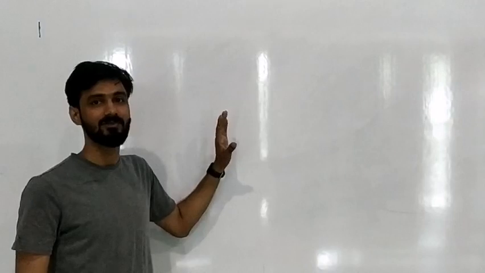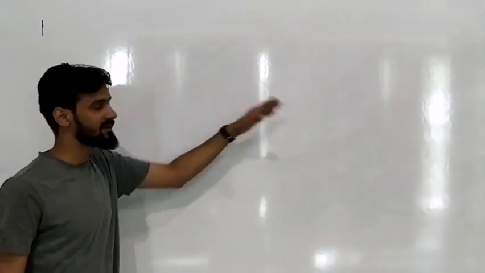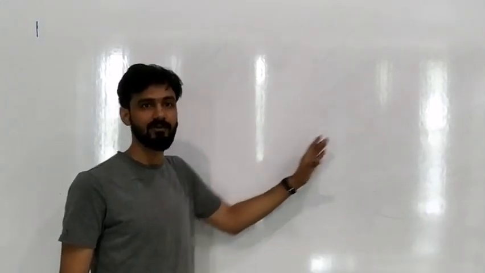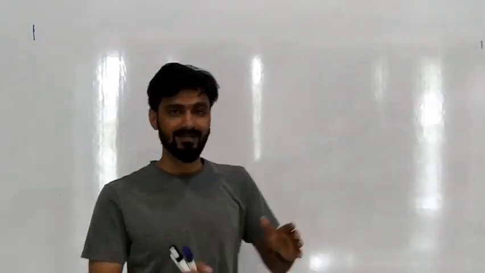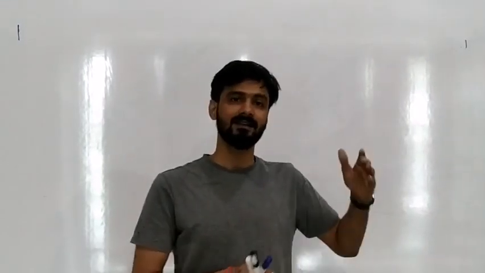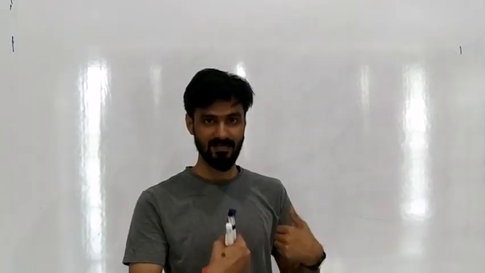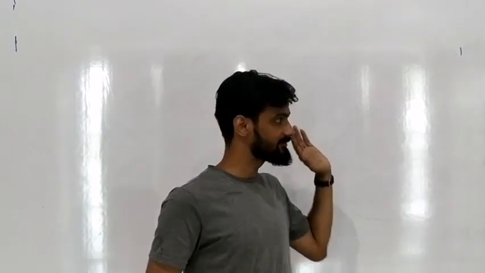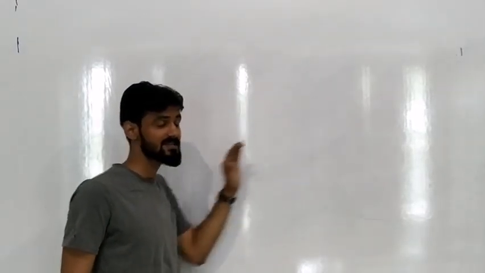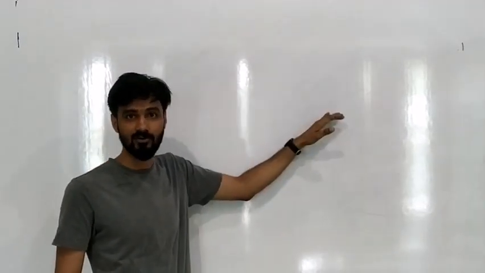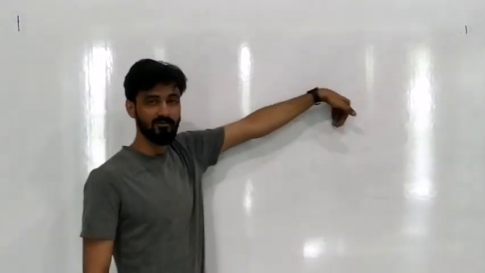An ample amount of electrons will be there on the anode side, so it will work as the source of electrons, and the cathode will work as the sink of electrons, because the flow of electrons will take place from anode to cathode. That's why where there is an ample amount of electrons, it is called the source, and what accumulates the electrons is the sink. If the electrons flow from anode to cathode, it means the cathode is pulling the electrons, so the cathode will be called the sink of the electrons.